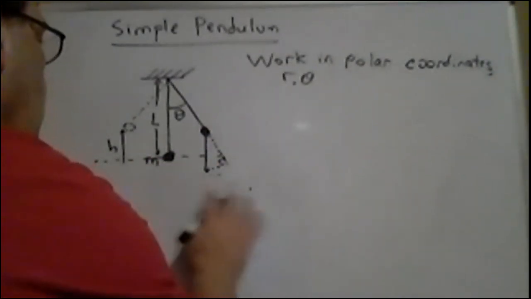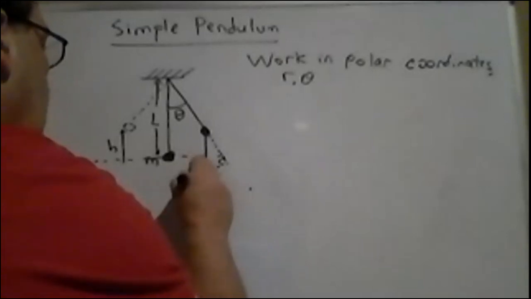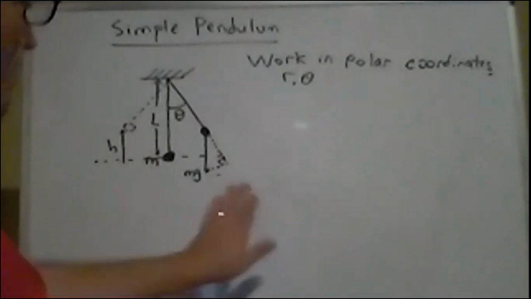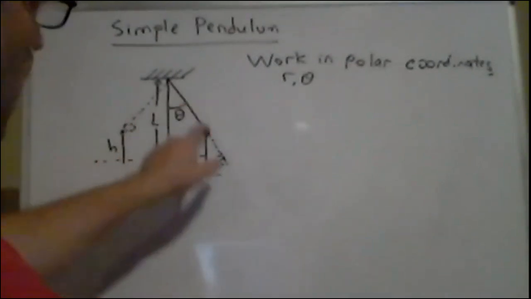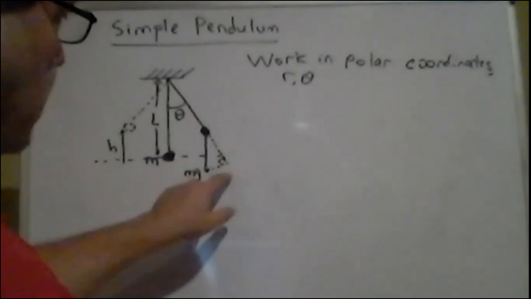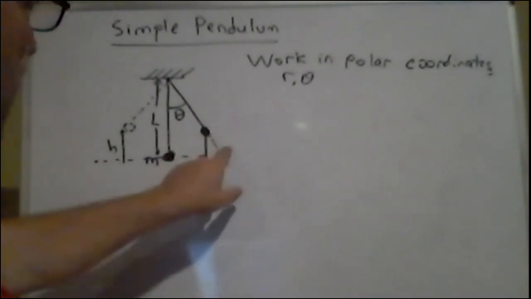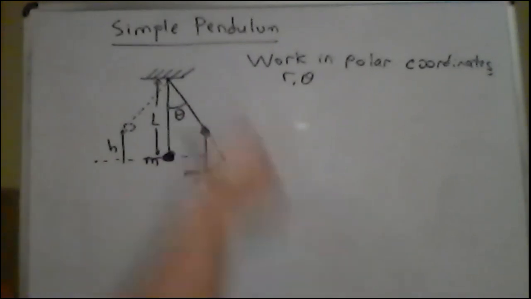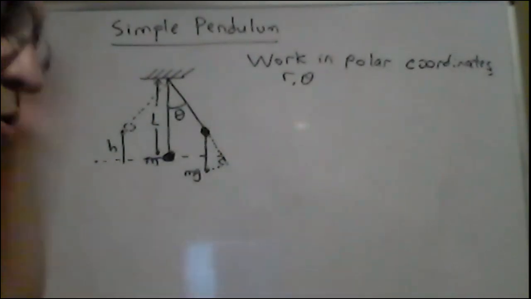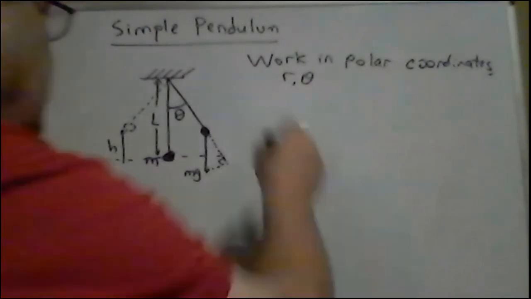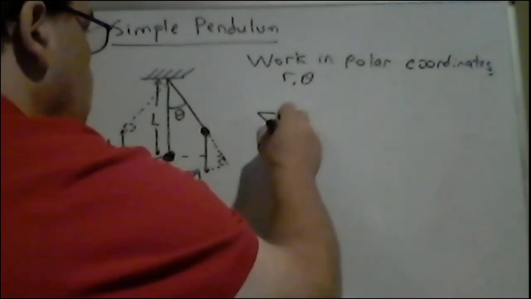So again, this is mg, the hypotenuse. I am giving the components in terms of the coordinates that I'm choosing. This is the tangential component, and this is the radial component. I don't expect any motion in the radial direction. The only motion is going to be the tangential. I can always write that the sum of all forces, this is Newton's second law,